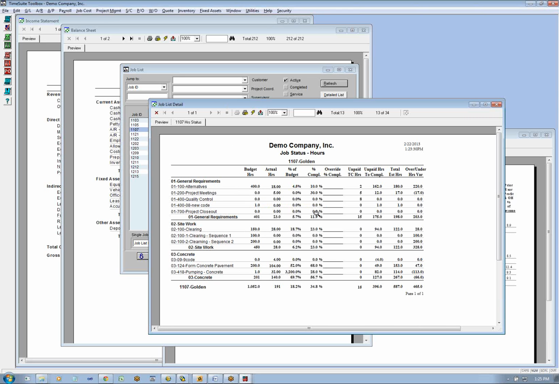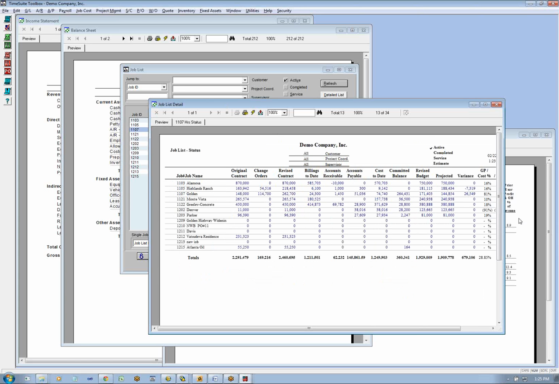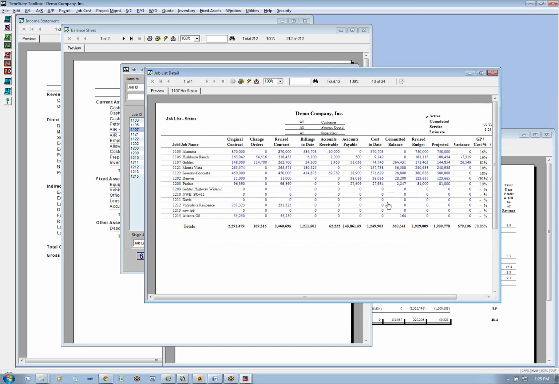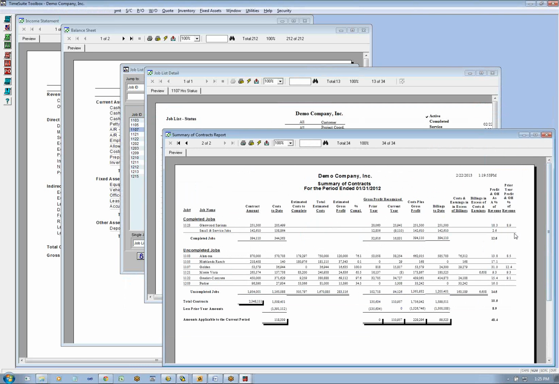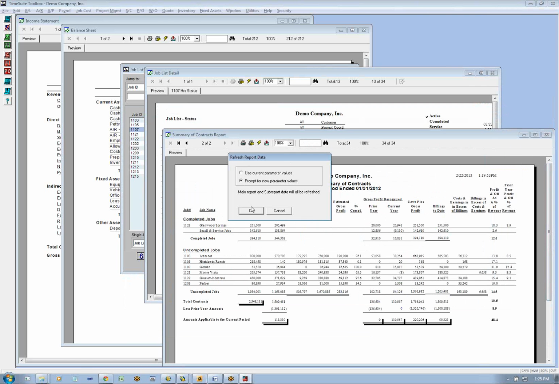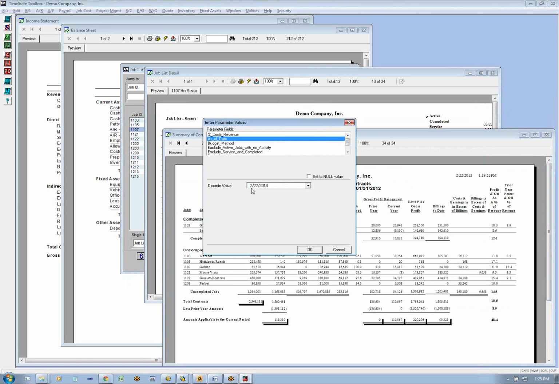One thing I wanted to quickly cover just so that you could see it. We cover that in depth in the cost control webinar, again, on those concepts. But now we've gone to the job status and we've said on a line item by line item basis, we're at 216. I'm going to go to my summary of contracts and I'm going to redo my parameters because I have to set a parameter different when I do that.